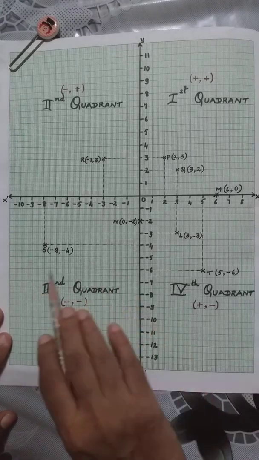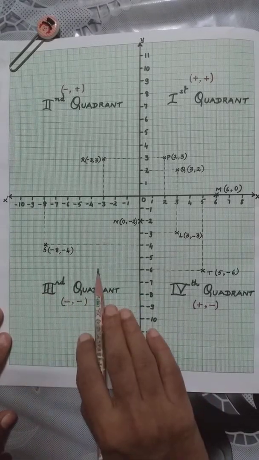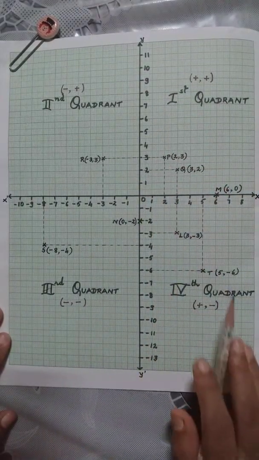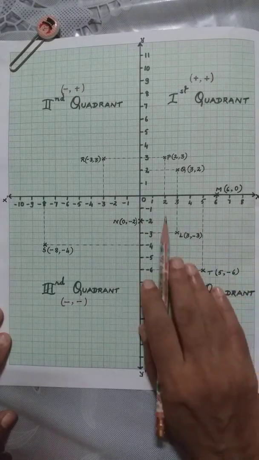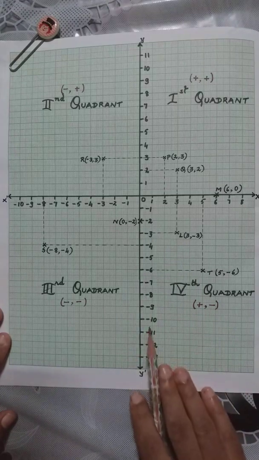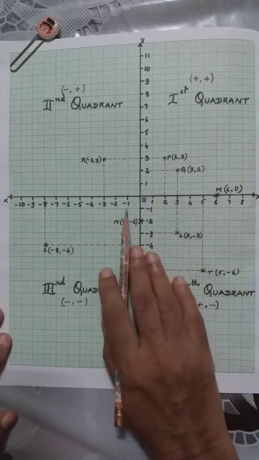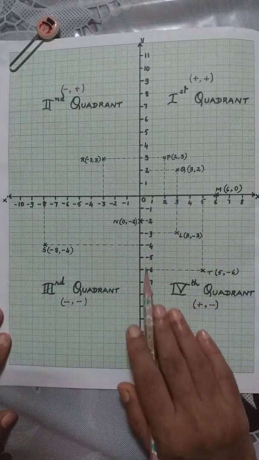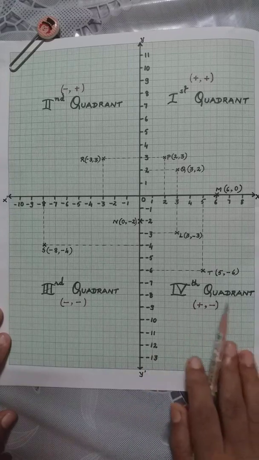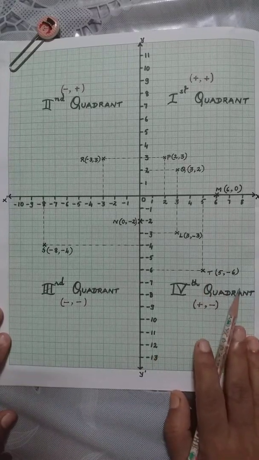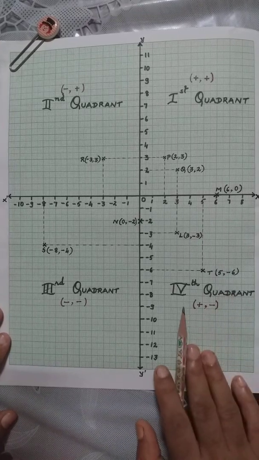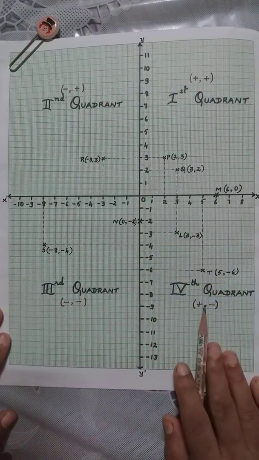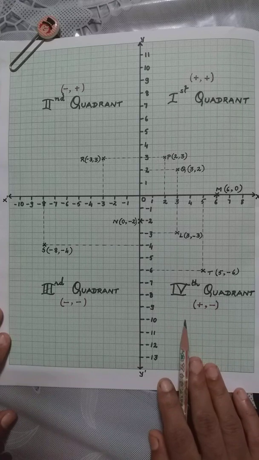Where are both negative? In the third quadrant. Where are both positive? In the first quadrant. Now going to the fourth quadrant. Always remember, first is the x-axis, then the y-axis. We cannot do first y-axis and then x-axis. Now here on the x-axis we see all positive numbers. On the y-axis we see all negative numbers. So what will be the signs of the coordinates? The signs will be positive on the x-axis and negative on the y-axis. So you see the signs written here, positive comma negative.